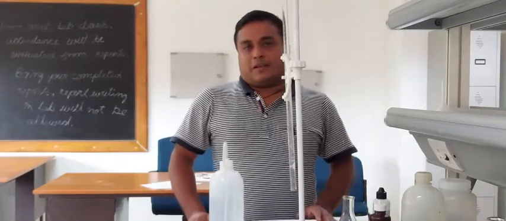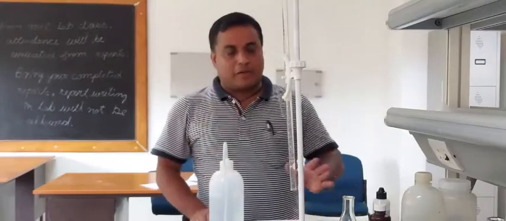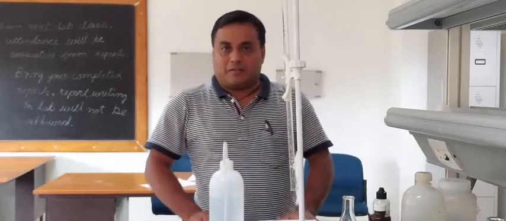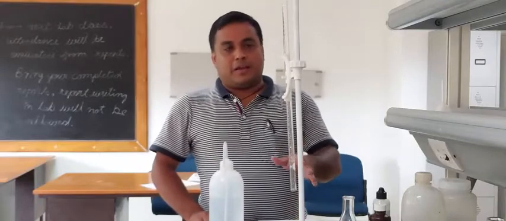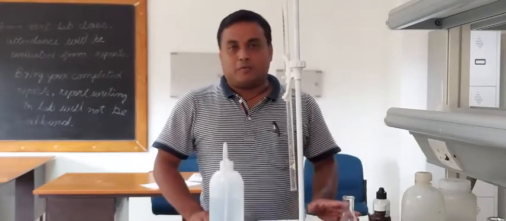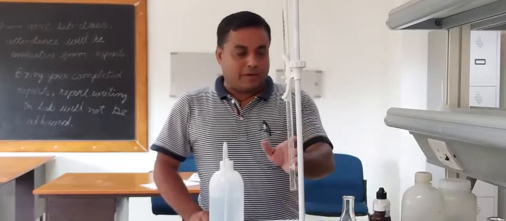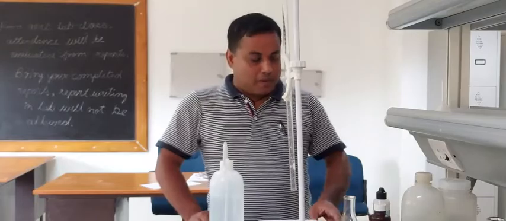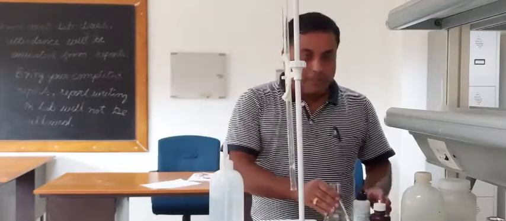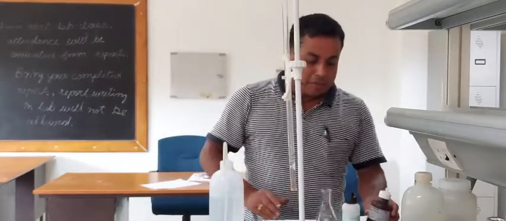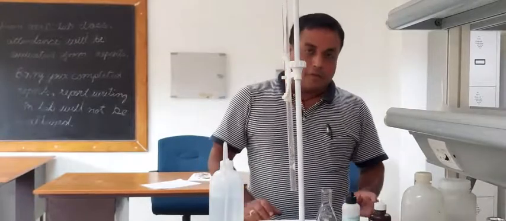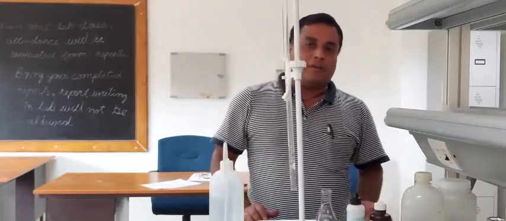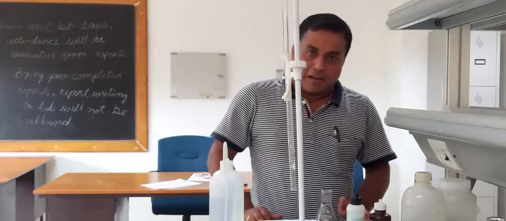Here we are measuring alkalinity by the titration method, that is, acid-base titration. We are using 0.02 normal sulfuric acid in the burette, and we will take 50 ml of sample and titrate with methyl orange and phenolphthalein indicator. At higher pH, that means pH 8.3 or above, we have hydroxide alkalinity.